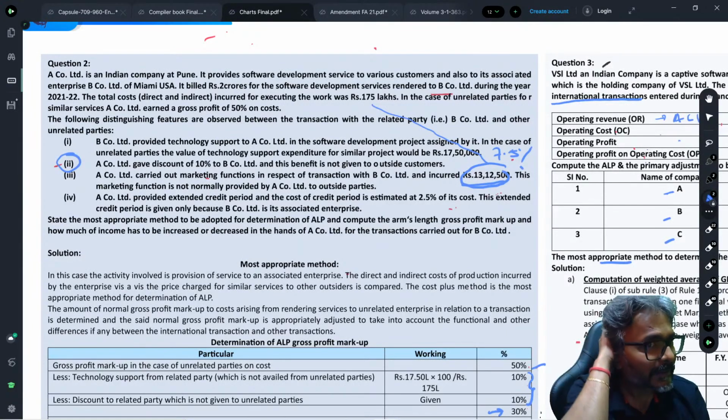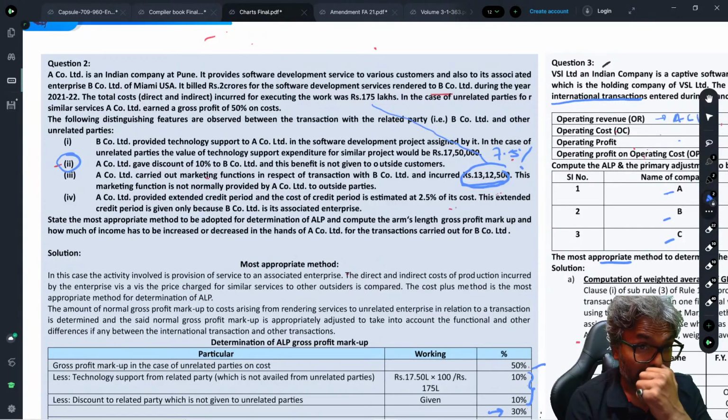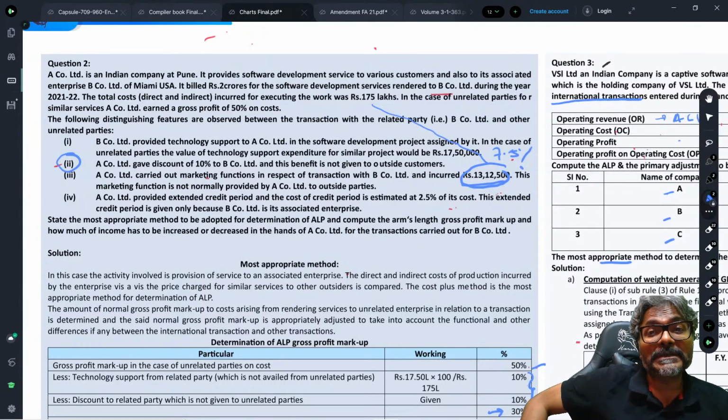A Limited is an Indian company at Pune and it provides software development services to various customers and also to its associated enterprise B Company Limited, Miami, USA. It billed rupees 2 crores for software development service rendered to B Company Limited during the year 2021-2022. The total cost, direct and indirect, incurred for executing the work was rupees 175 lakhs. So already this cost